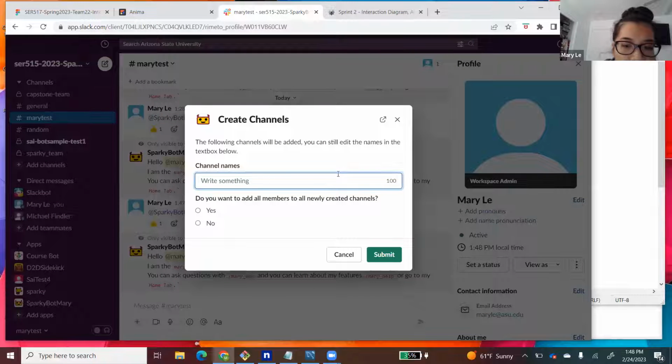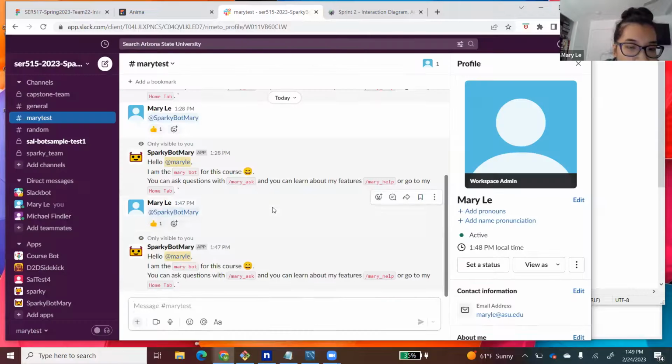So this is going to allow me to create channels in the workspace. So I can just create a channel name and then I can add all members to it. But for now, I won't create it because I won't be able to delete that channel. So I'll just click cancel just to show you that that feature works. So this is our working